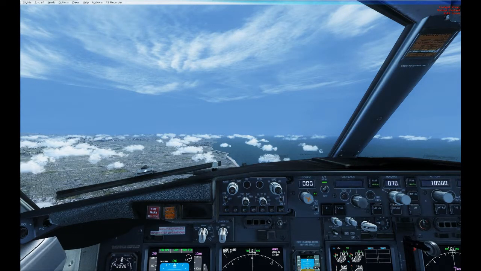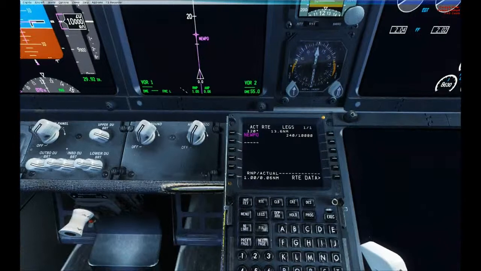Okay, as I just pointed out, we have only programmed one leg, and we're 13.6 nautical miles away from it, and then we're not going to have a route after that. So we need to add to that to get to San Diego. That's where we're going. We're about 60 or 70 miles from San Diego right now, so I'm going to choose